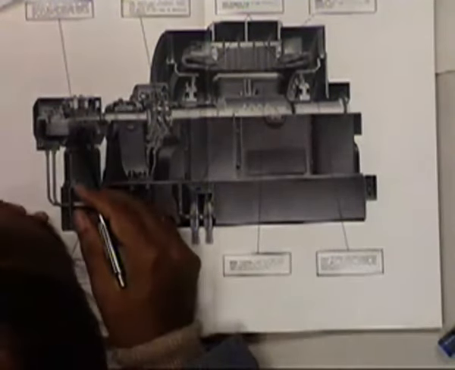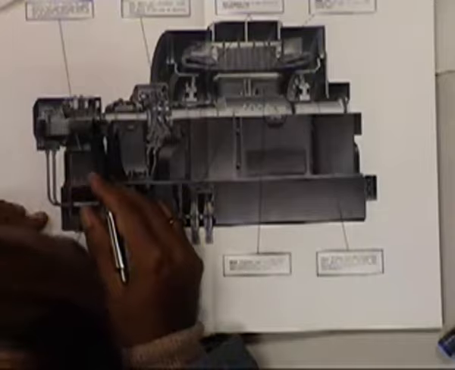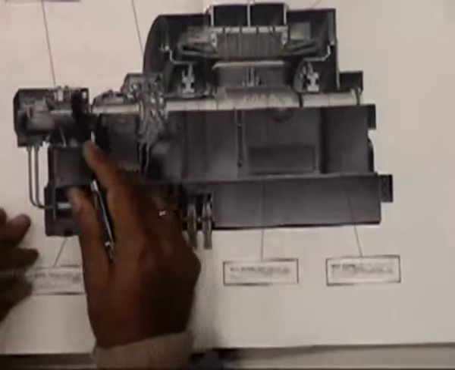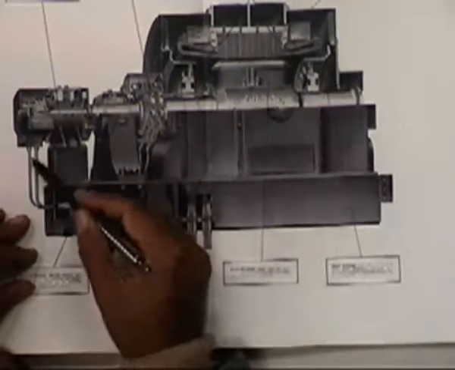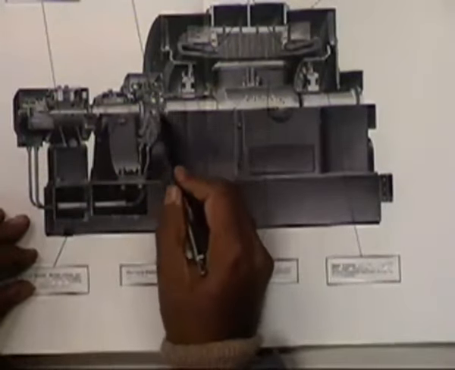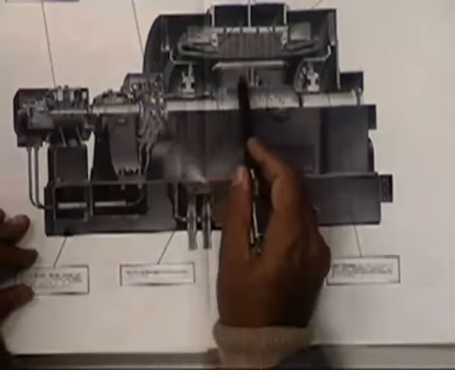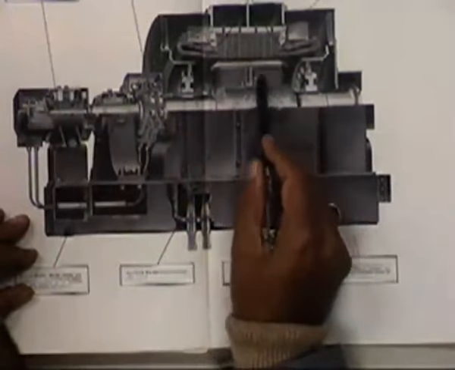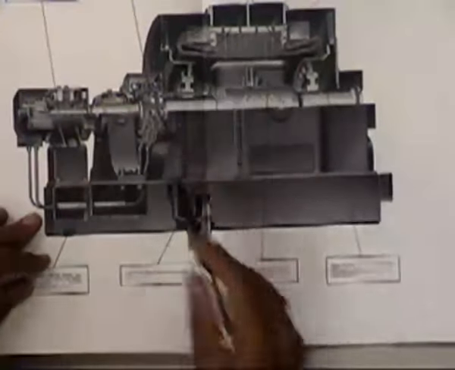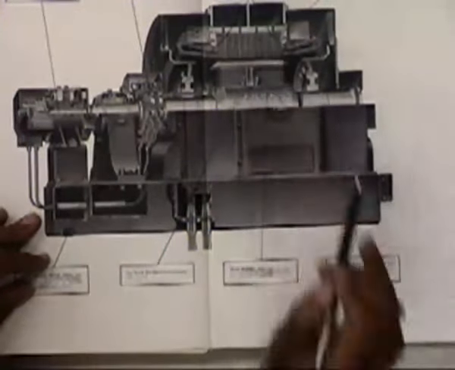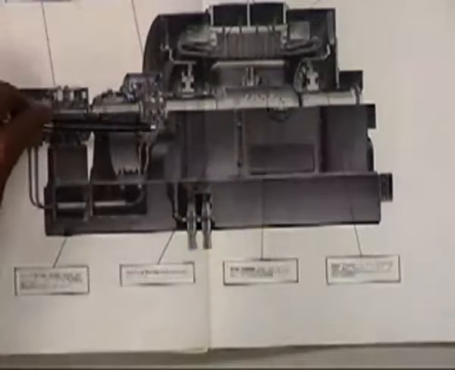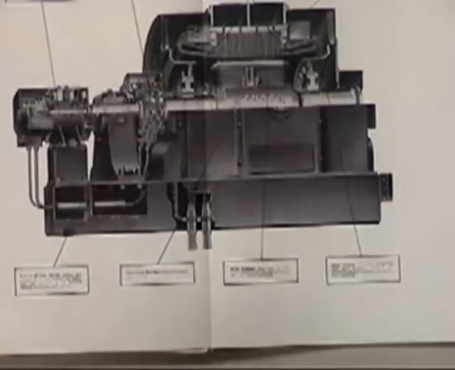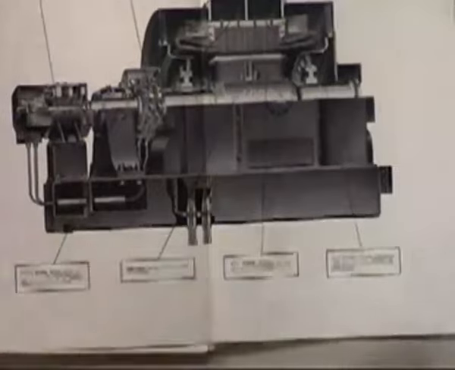This is the exciter on the same main shaft. That means this is a DC generator, and the output of this will go into the slip rings of the generator to the field winding. You see these are salient poles which are the field windings, and these are the three-phase windings in the stator. So you can have a nice view of cutoff. That means half of it is shown with all the details in this picture.